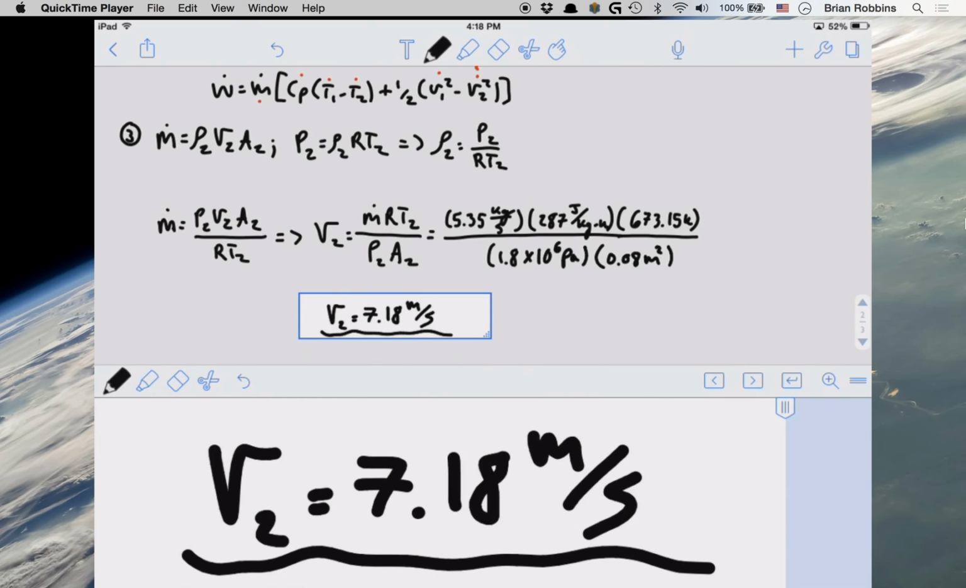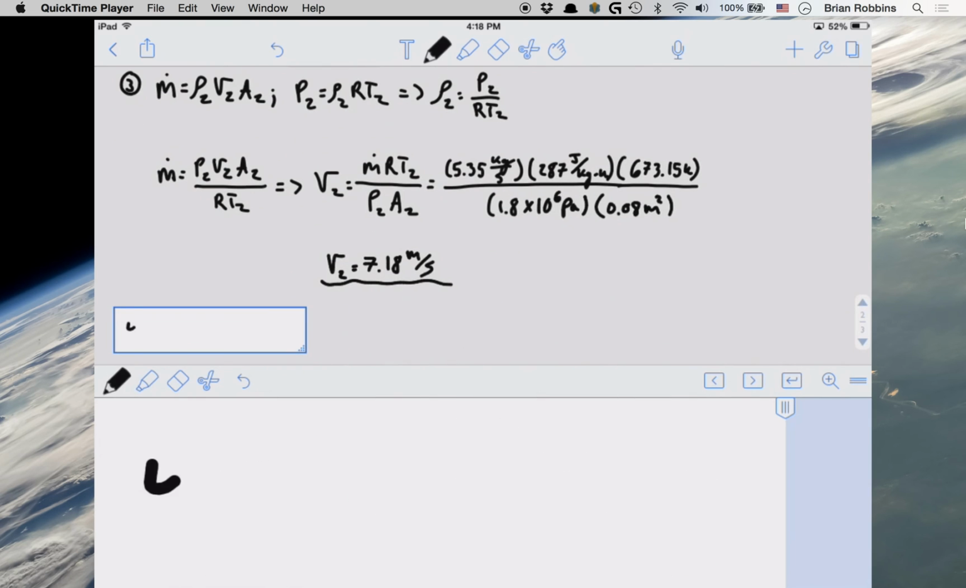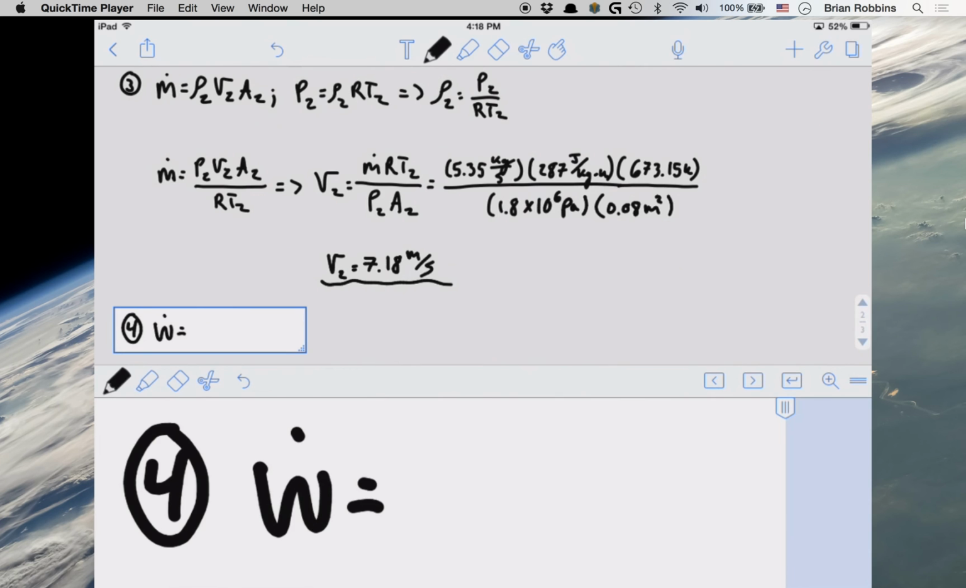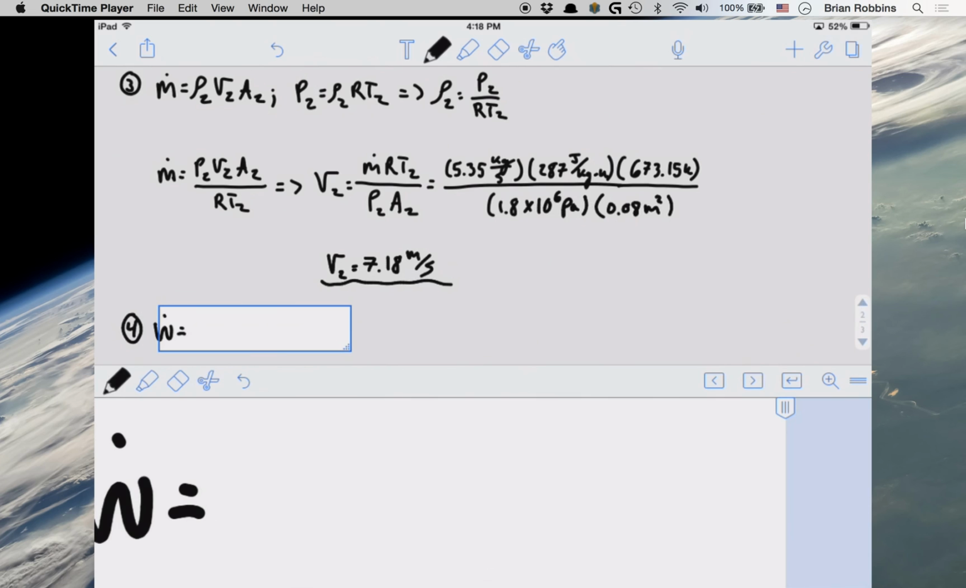So we now know both our inlet and our exit velocities. Our inlet velocity was 30 meters per second, and now we know our velocity at our exit, which is just 7.18 meters per second. Okay, so now we know everything that we need for the expression we derived in part 2 to find the amount of power in order to change our state from our inlet to our exit conditions. So, plugging everything into our expression for power, power is equal to